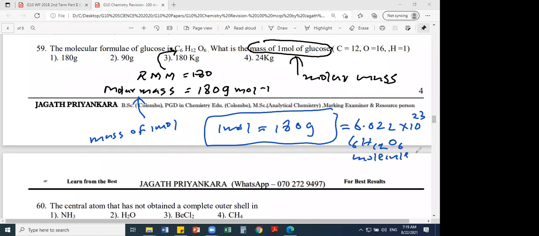If you can copy down all this: 1 mole means 180 grams. That means 180 grams has this much glucose molecules. But if you want to find oxygen atoms, then you have to multiply by the subscript in C6H12O6, so 6 times the Avogadro constant. I put L for the Avogadro constant. If you want to find carbon atoms here, 6 times the Avogadro constant. Then hydrogen atoms, 12 times the Avogadro constant. If you want to find oxygen atoms, 6 times the Avogadro constant. I put L for the Avogadro constant, right?